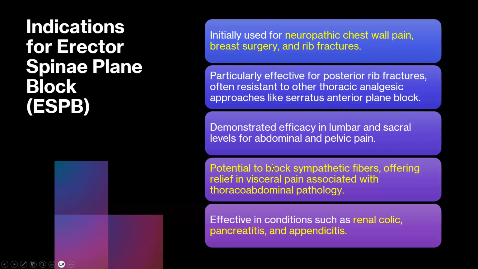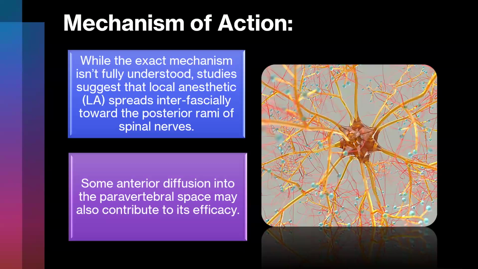And it has potential to block the sympathetic fibers, offering relief from the visceral pain associated with the thoracoabdominal pathologies as well. Effective in conditions like renal colic, pancreatitis, and appendicitis as well. But remember, while doing the erector spinae block, it is a one-time block. That means we are injecting either ropivacaine or bupivacaine for a longer duration, but its use actually in chronic pain